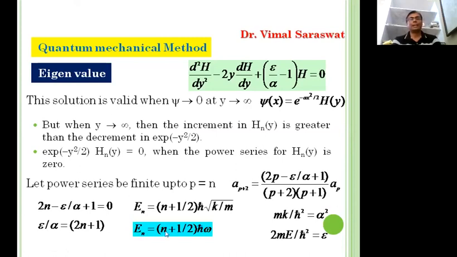Here, n is equal to 0, 1, 2, 3 and so on. ħ is the reduced Planck's constant and ω is the angular frequency of the simple harmonic oscillator. If we substitute ħ is equal to h upon 2π and ω equals 2πν, then this equation will be En is equal to (n plus half) hν. If we substitute n is equal to 0, then the energy in the ground state will be half ħω, and this energy is known as zero point energy.